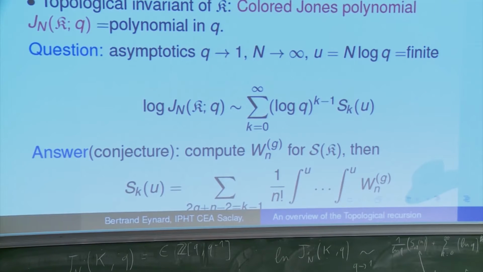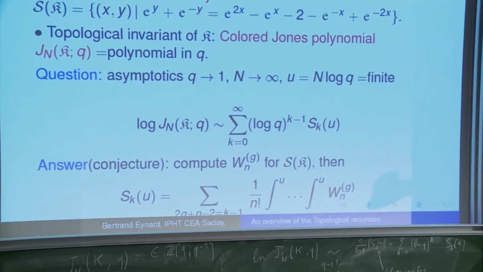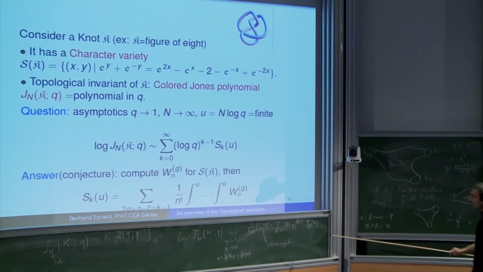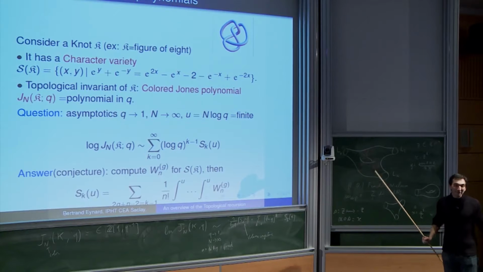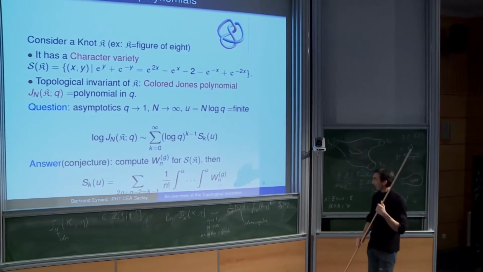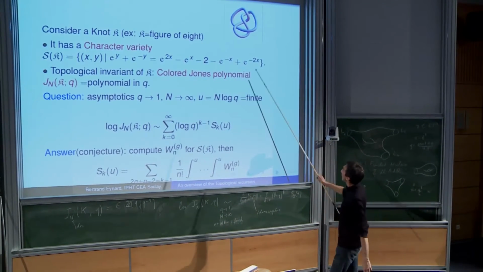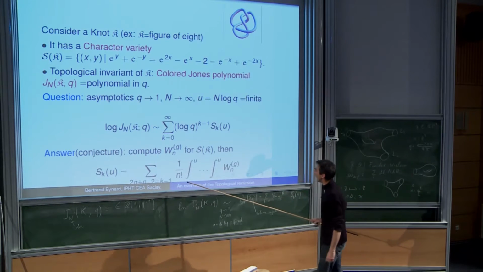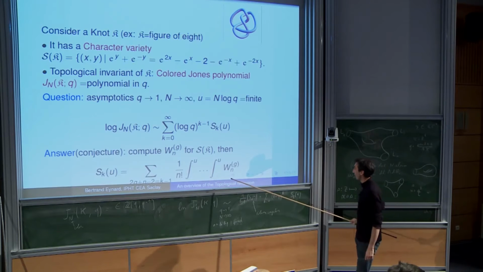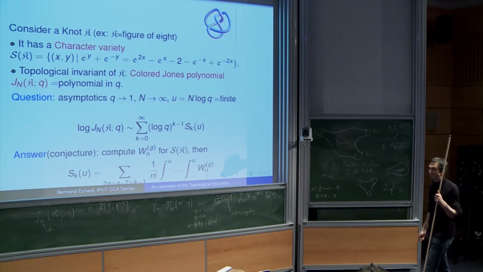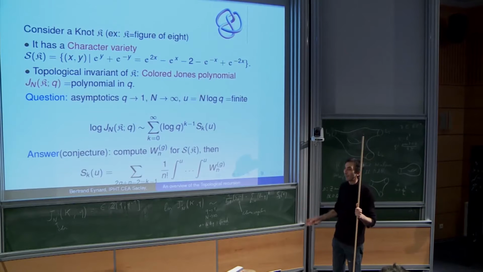Then the conjecture is that this computes the asymptotics of the Jones polynomial. As I said, even the leading term is not proved, and is far from being proved. So we are very far from proving the rest of the expansion. But for instance, with my student Gaëtan Borot, we computed for this knot things up to the third power of log q, and it matches. There is lots of numerical evidence.